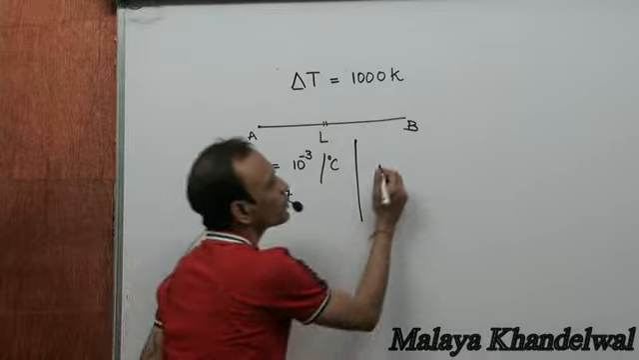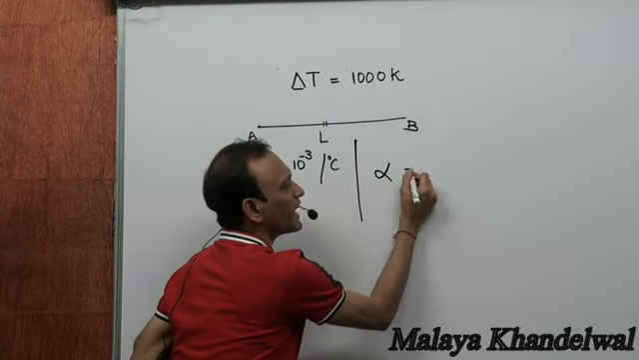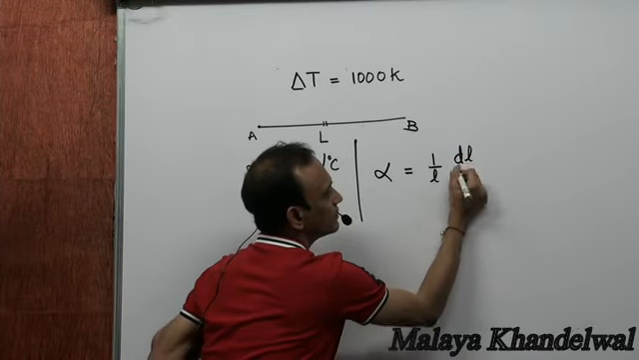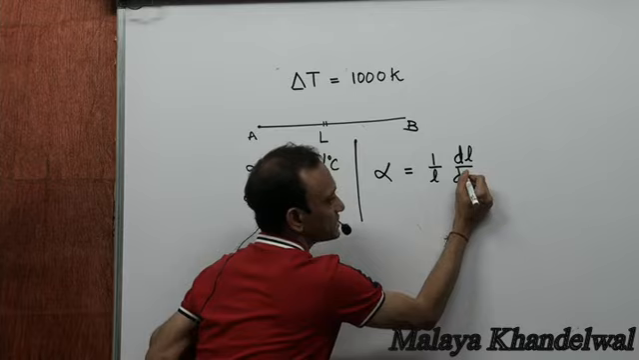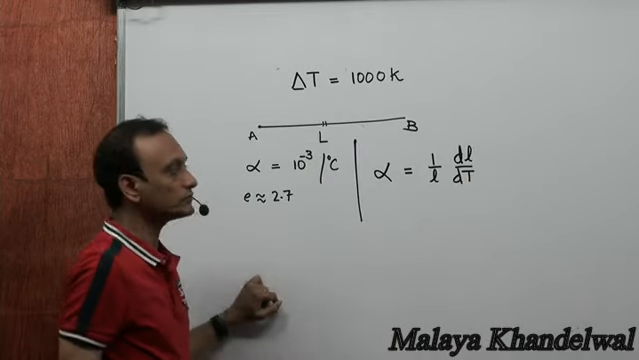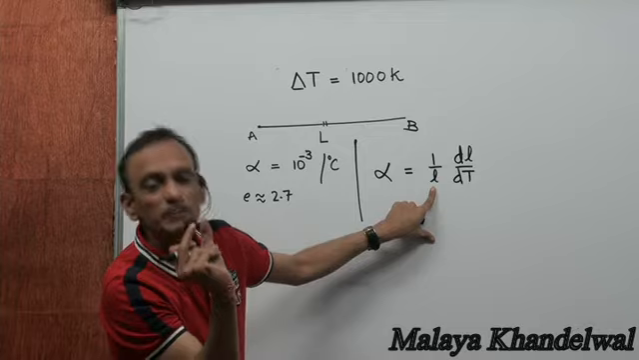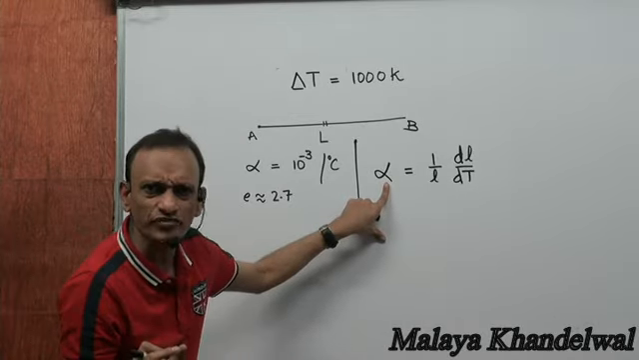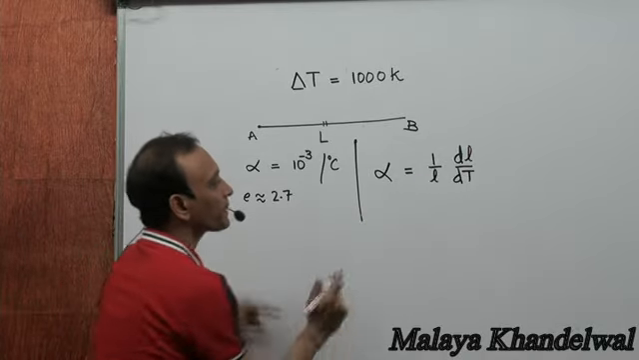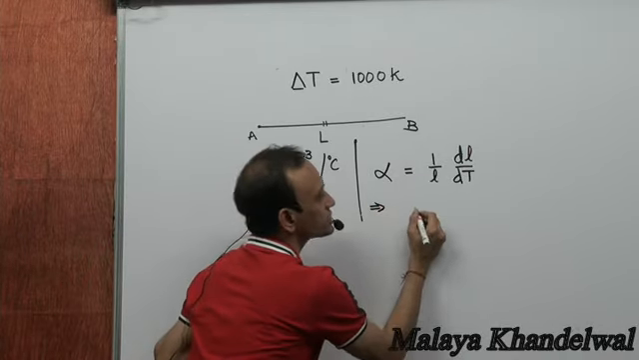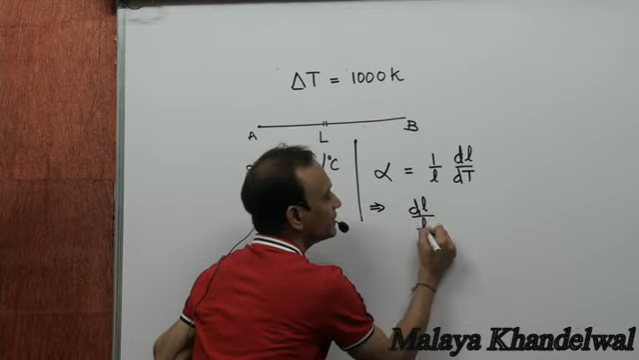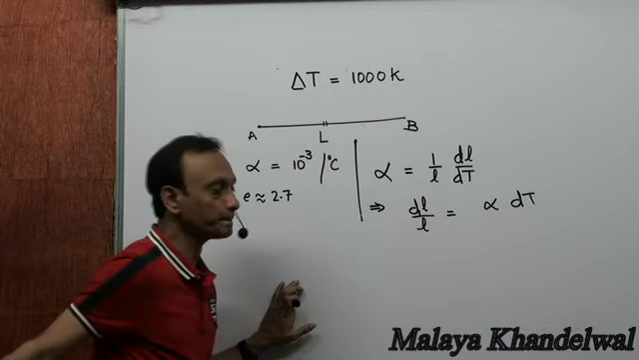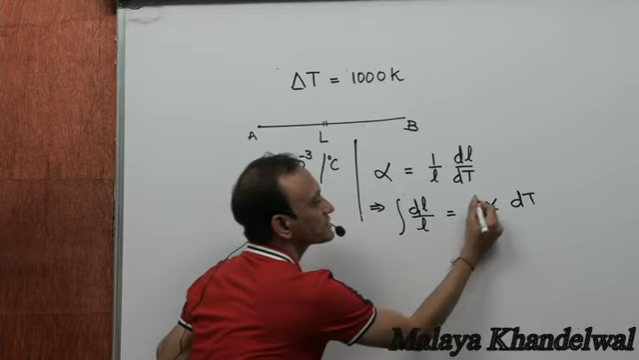Now, would you mind believing that alpha is 1 by L dL by dT? dL by L is the fractional change in length, dT is the change in temperature, right? That's the definition of alpha, 1 by L dL/dT. And this would lead us to dL by L is alpha dT, right? When I integrate both sides,